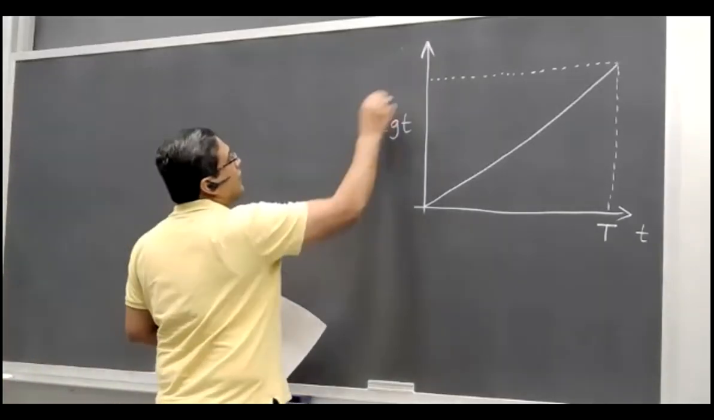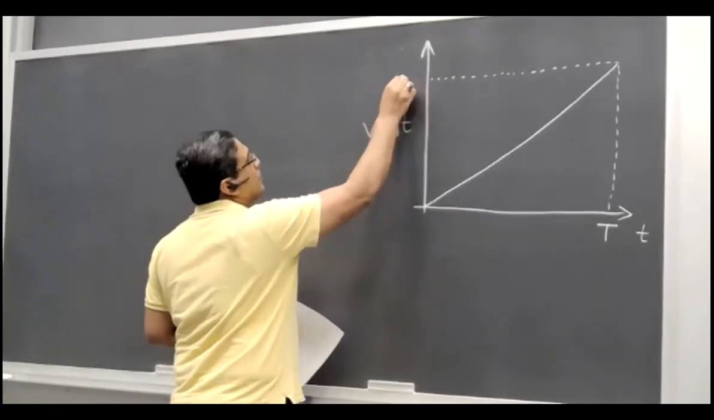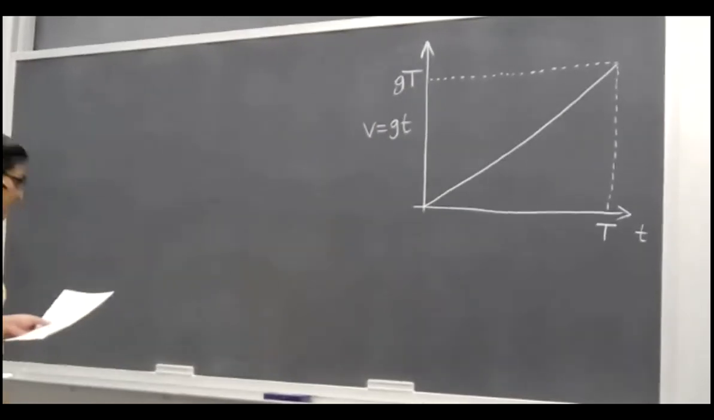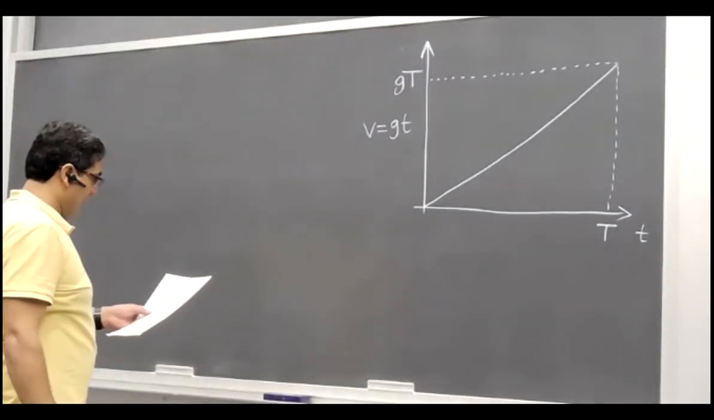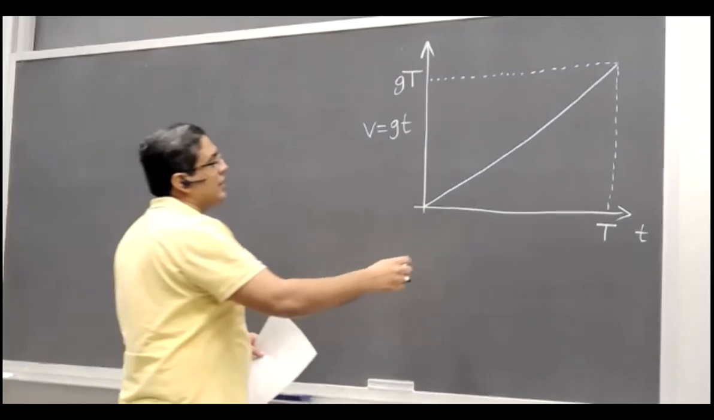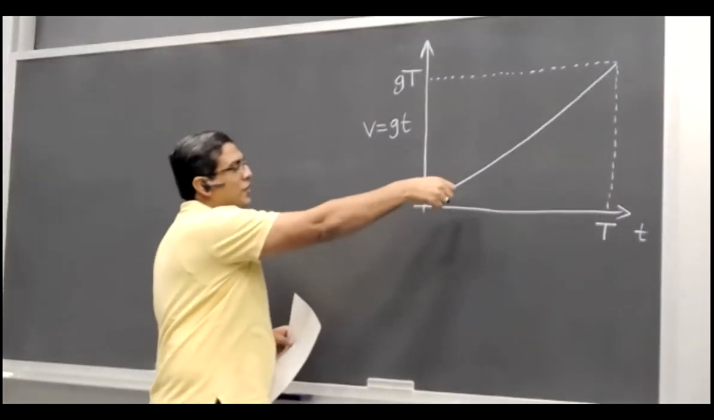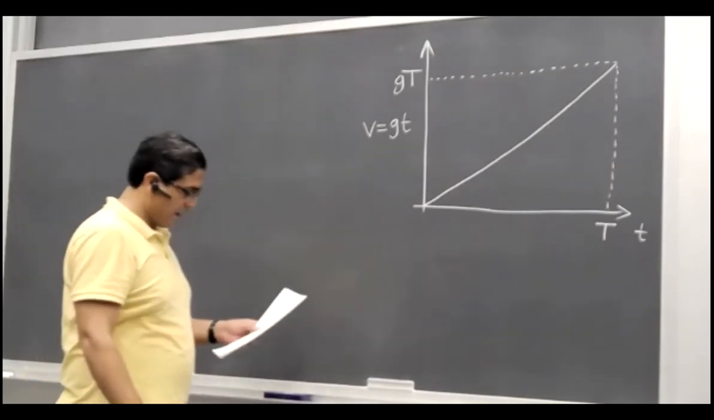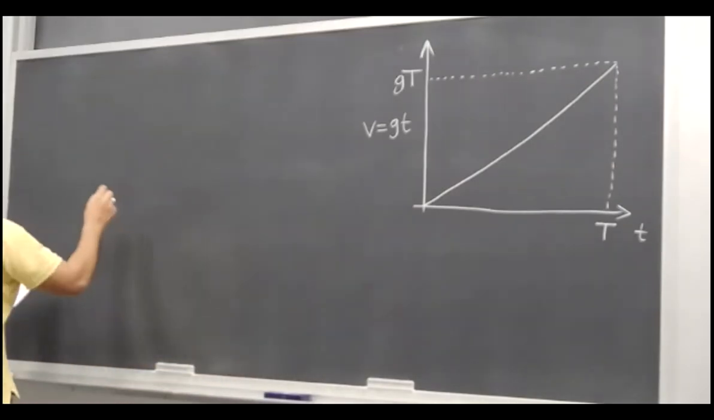And here the value of the function would be g capital T, right? Now we did establish that if we divide it into infinitesimal sums and we add them, this gives us the antiderivative, and that turned out to be